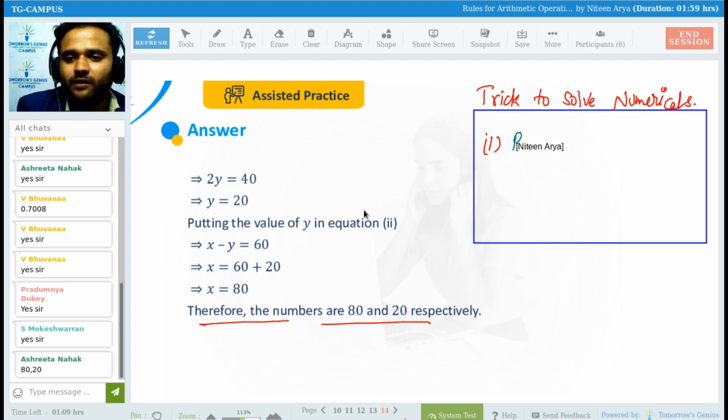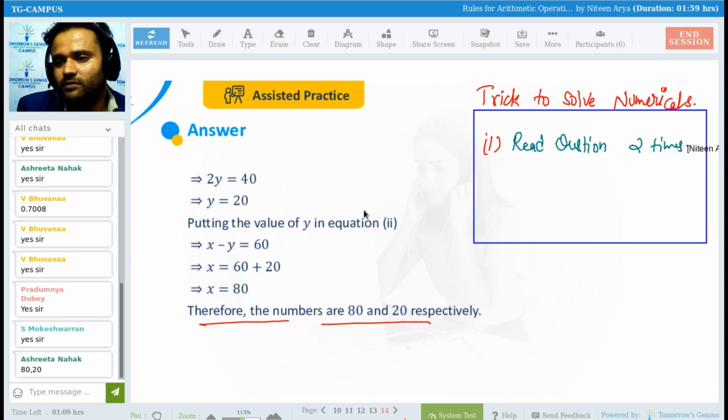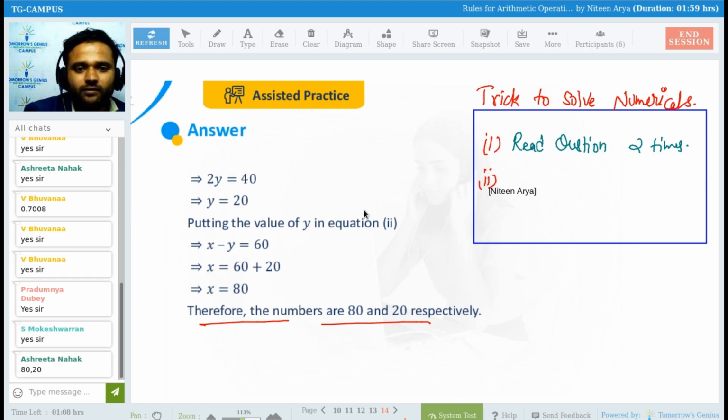First trick, read the question 2 times at least. That is going to give you more clarity. Why am I saying read the question 2 times? Because the moment you read it a second time, you get more clarity on what the given things are and what the questioner asks you. So that is the very basic thing. Read the question 2 times. Second thing,